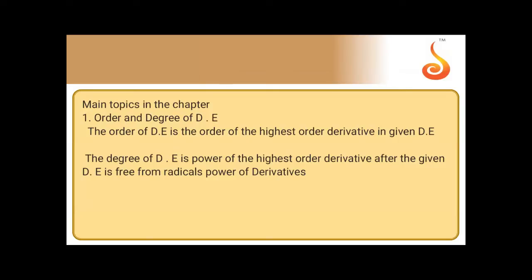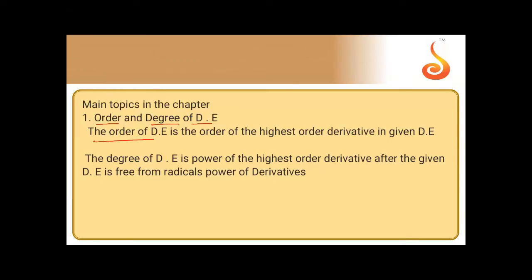So the main topics in the chapter are how to find order and degree of a differential equation, then solution of differential equations and formation of differential equations. We have different models. So let us take what is called order and what is degree of a differential equation. Listen properly, because in the PU it will come compulsory. A 2 marks question will come, and in CET they'll ask 1 question compulsory. But in mains they won't ask based on order and degree, though sometimes they may ask questions like this. Just listen. Order and degree of a differential equation.